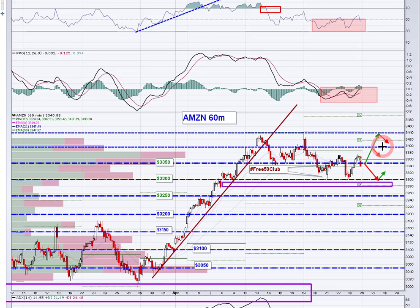And above 3,400, you look for 34.40, 34.50, and just keep using those $50 increments. Amazon doesn't report till Thursday after the bell, so there might be an opportunity, as these reports come in, and I expect